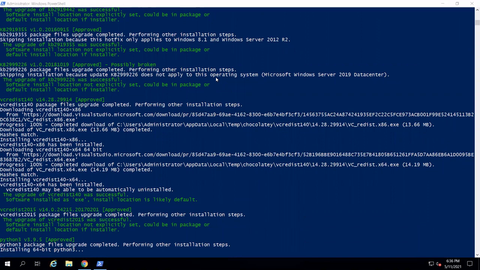Automatically, it is taking all the libraries and required files for performing programs in Node.js. Now you can see here the Python 3 package has completed its installation. Now it is installing the 64-bit Python 3 package.